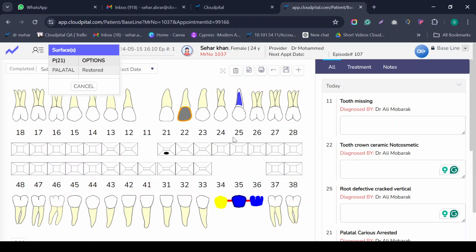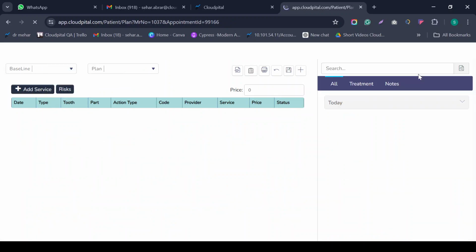Okay, after saving this, now we go back to the plan screen, and this is the next screen of the plan, because baseline is our initial assessment when we're saving data in the initial stages after getting patient approval that we are going to apply this process in your treatment. Are you satisfied? Are you ready according to your will? Then we will move to the doctor, move to our plan stage, and do some of the things in the patient's teeth as well. So I'm going back to the plan screen.